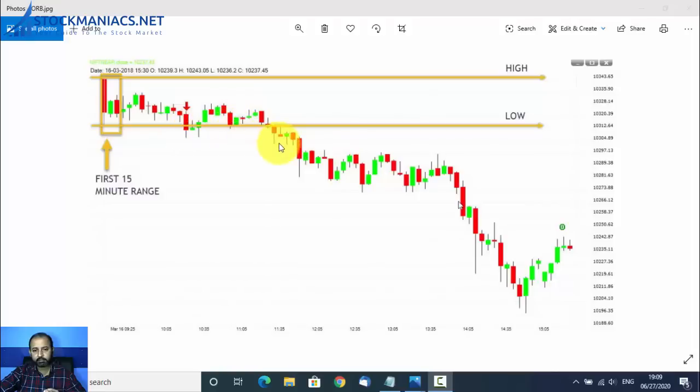And here you can see, my dear friends, that the market has moved on the downside, and if you short sold here, you can make a good amount of money here. Instead of breaking out on the downward side, if the market breaks out on the upward side, the chances are there that the market will move on the upward side in a systematic manner. So this is what is an open range, and this is how to trade the open range breakouts.